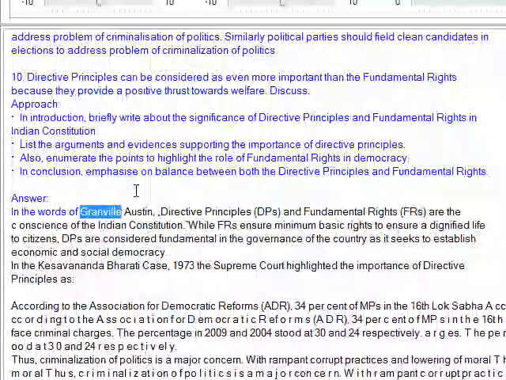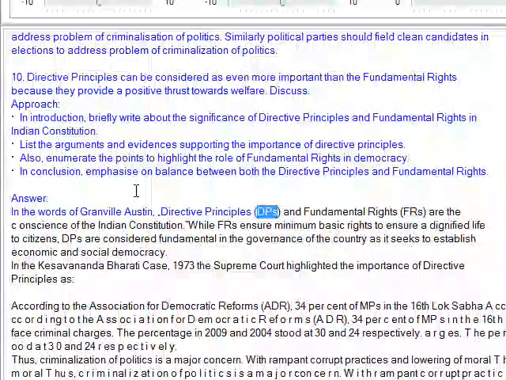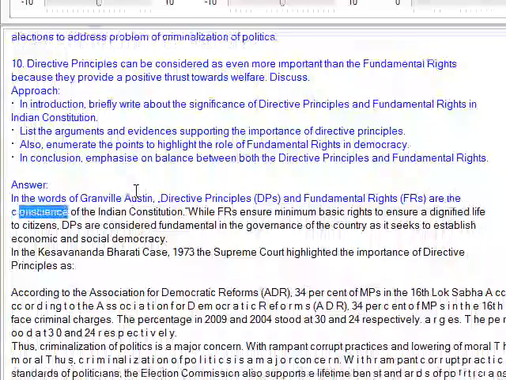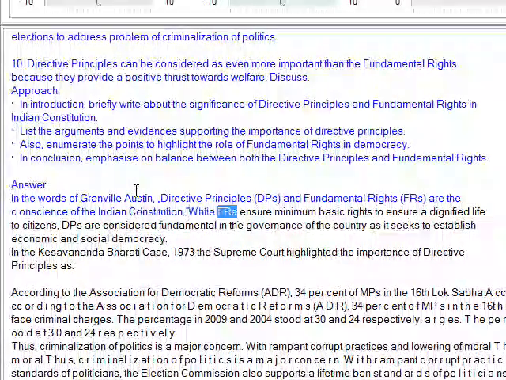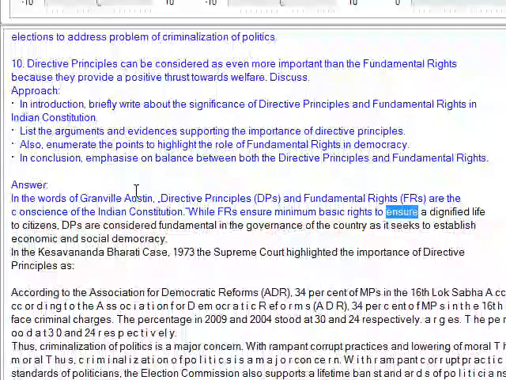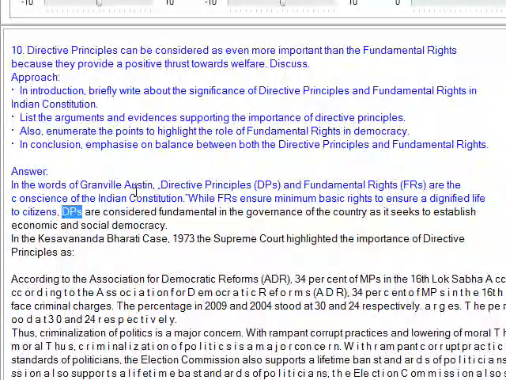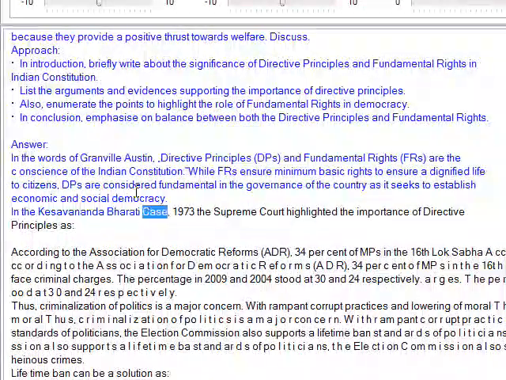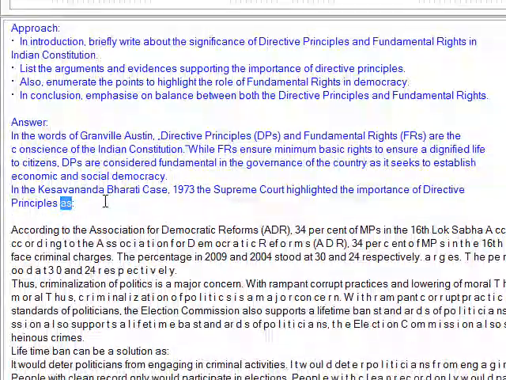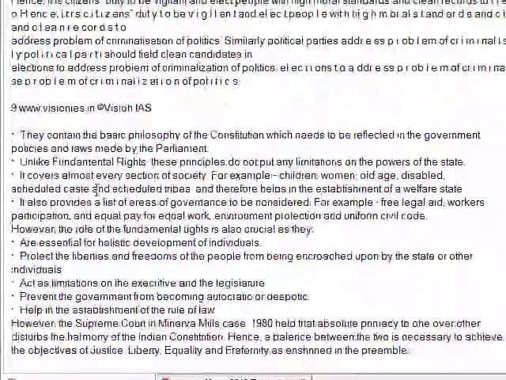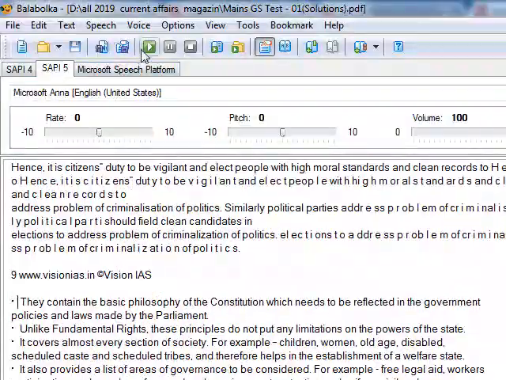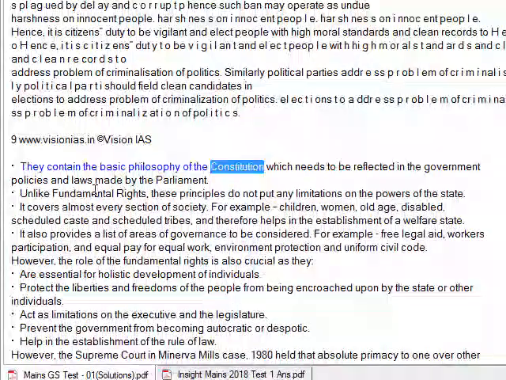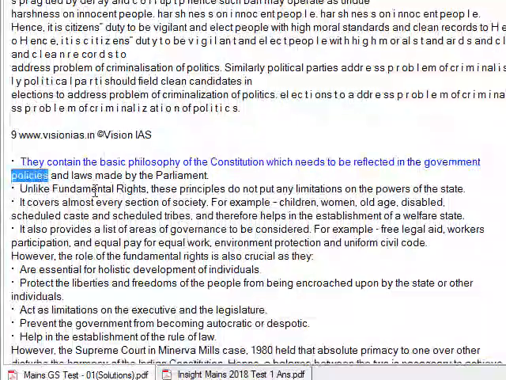Answer. In the words of Granville Austin, directive principles, DPs, and fundamental rights, FRs, are the conscience of the Indian Constitution. While FRs ensure minimum basic rights to ensure a dignified life to citizens, DPs are considered fundamental in the governance of the country as they seek to establish economic and social democracy. In the Kesavananda Bharati case, 1973, the Supreme Court highlighted the importance of directive principles as they contain the basic philosophy of the Constitution, which needs to be reflected in the government policies and laws made